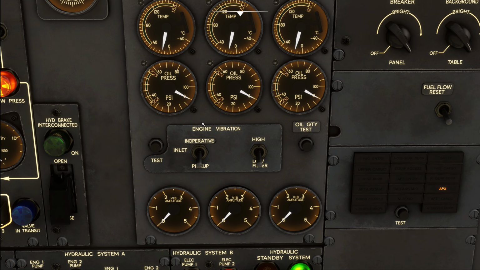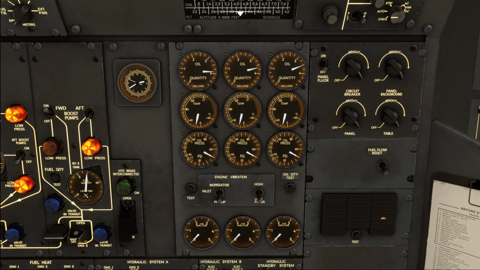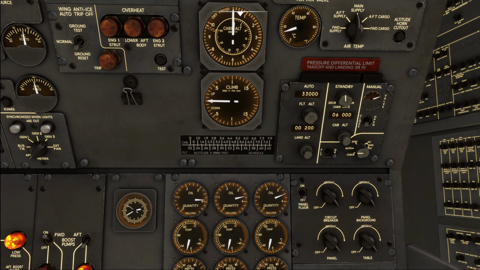Moving further up, we have the engine vibration meters test. Hold the test switch, ensure that the gauges are coming up, and once the gauges are within the required range, 3.5 to 4.5, we can release the switches again and observe the needles going back to 0. Finally, the engine vibration system is set to the lower 2 switch positions, and that moves us up to our